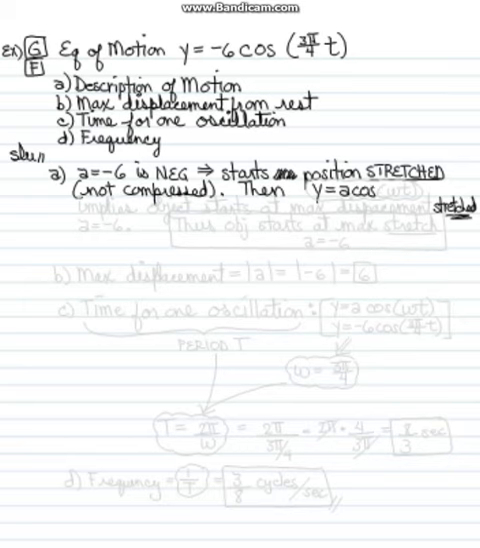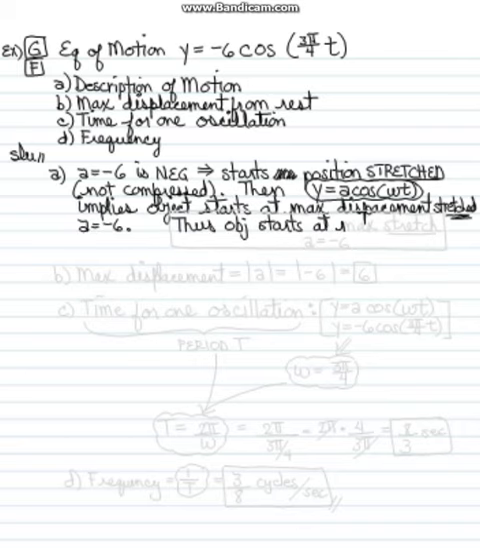Okay, so we know something just because it started at cosine. That implies the object starts at a maximum displacement, stretched. A equals -6. So what do we know? We know that this particular object starts at a maximum stretch, A equals -6. Now, you might describe it a little differently. The book might also, but this is where we get the information from the A value, from the cosine,